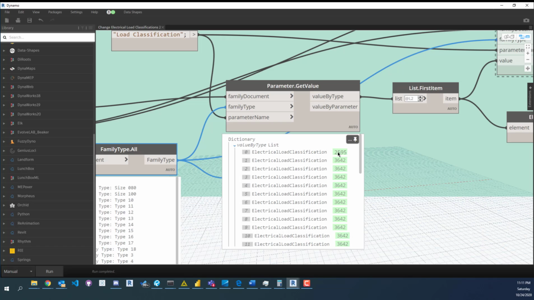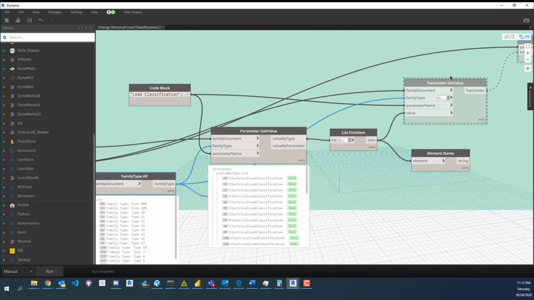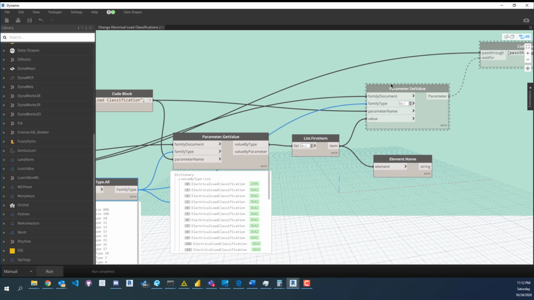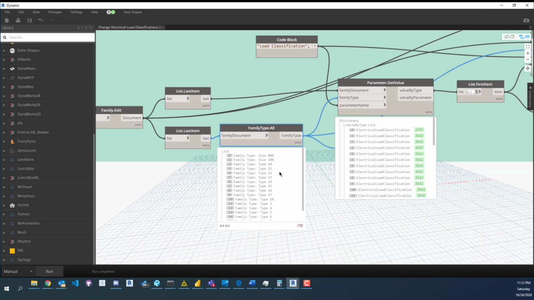H2595 is the element ID of H, and that's what we want to apply to every other type. So all of these are E, and then now we're going to go ahead and apply that to the family. So you can see over here the family types. So we're going to apply to every one of these, starting at size